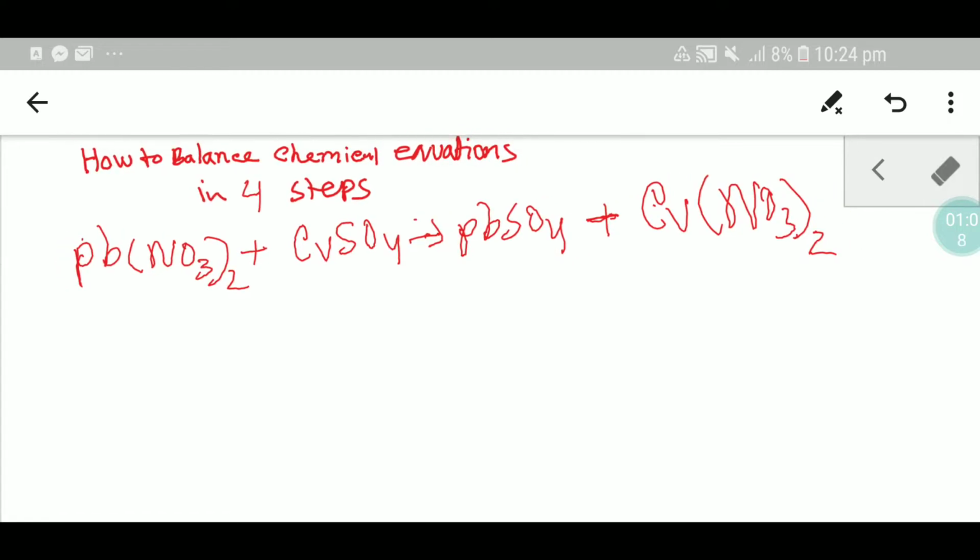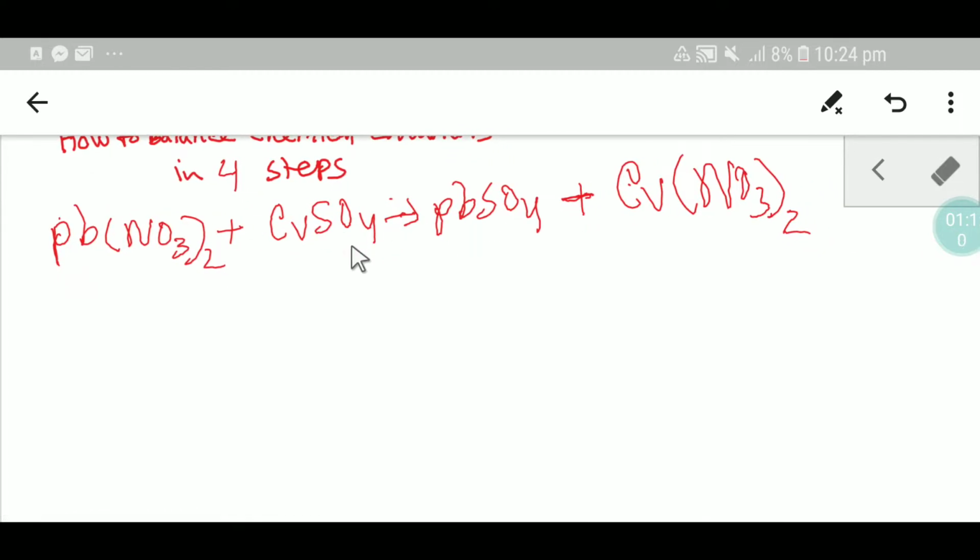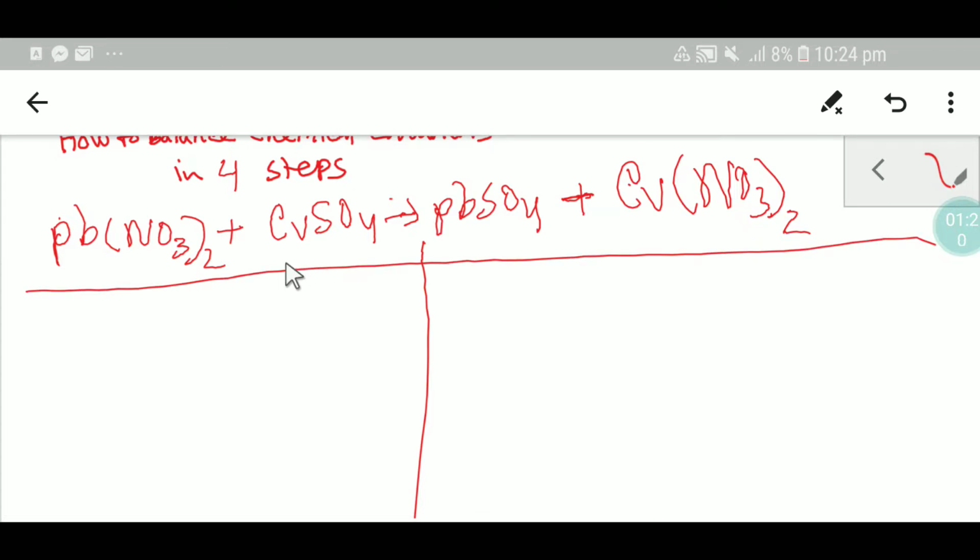So to balance this equation, in the first step, I have to draw a table like this. If I draw a table, then I'm getting 2 parts. This part is the left hand side or reactant side, and this is the product side, the right hand side. And in the second step, I have to